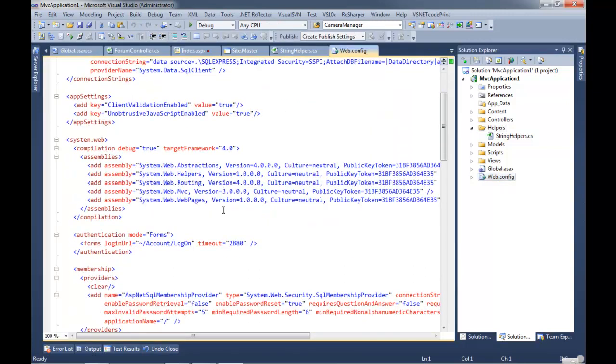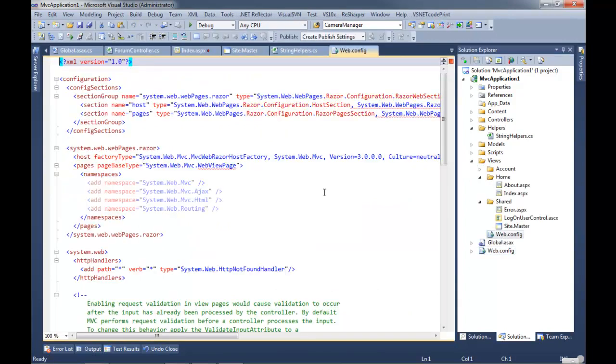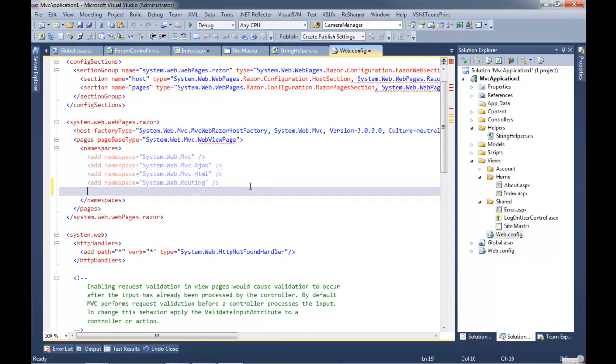And we can take this one step further. And I'm not going to touch web.config besides this one instance. And I'm going to use a different web.config. We're gonna talk a lot about web.config. I'm going to basically say add that namespace to every single view. Which is a really, really nice feature when you're working with helpers.